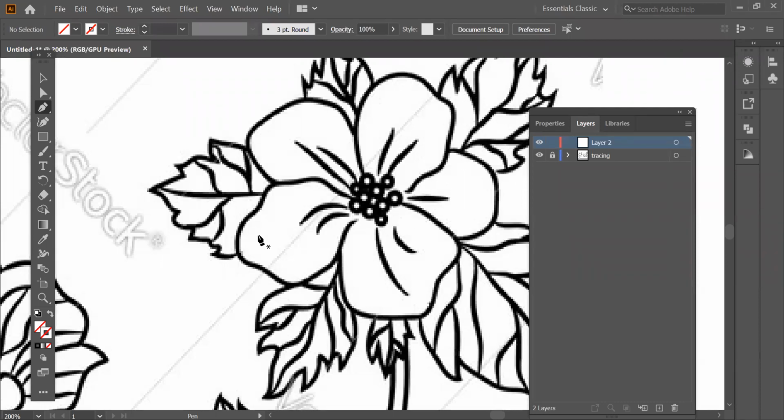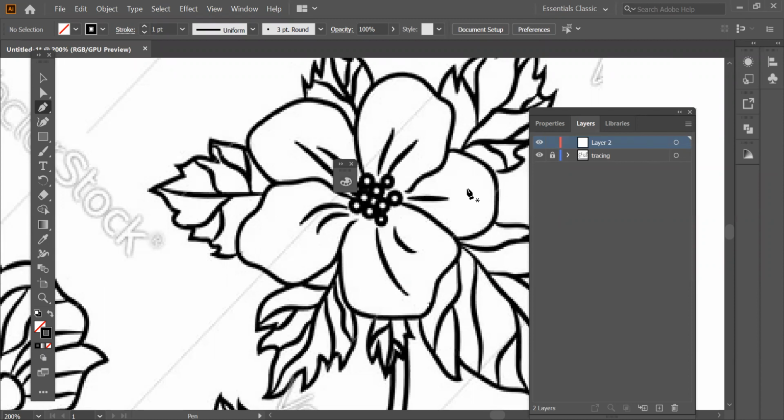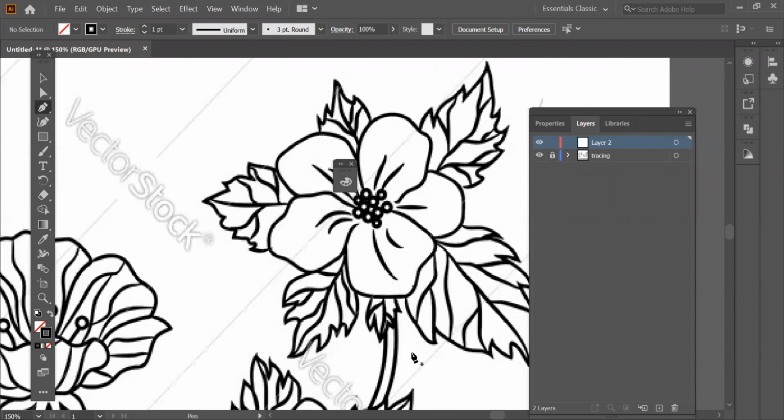So how to draw it? We'll just take the pen tool, and remember in which box we have to fill the color? The last box. The first box we are going to fill once we are done. Now check over here. Okay, so we are using the traditional method right now. I'm going to show you two, three more easier methods after that.